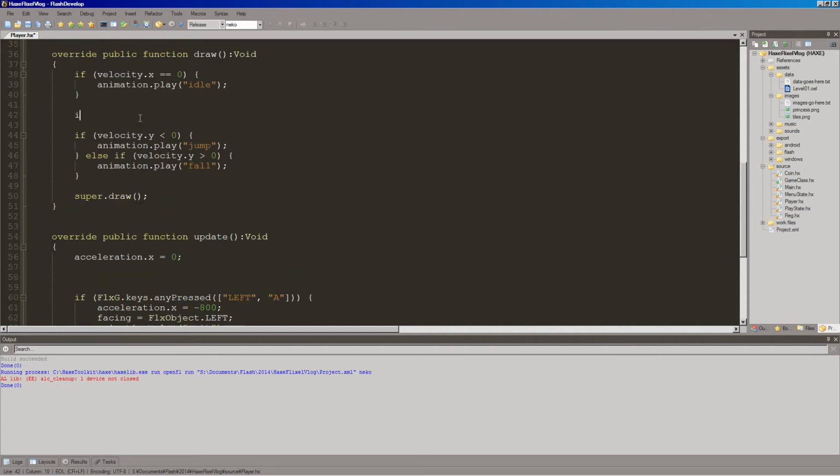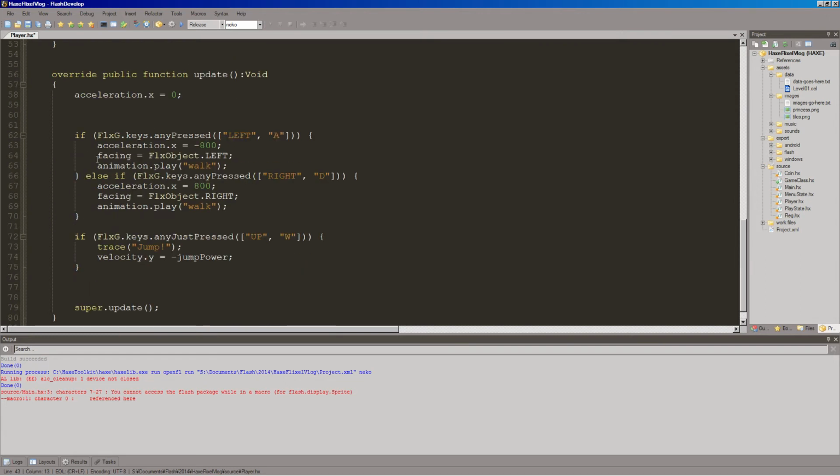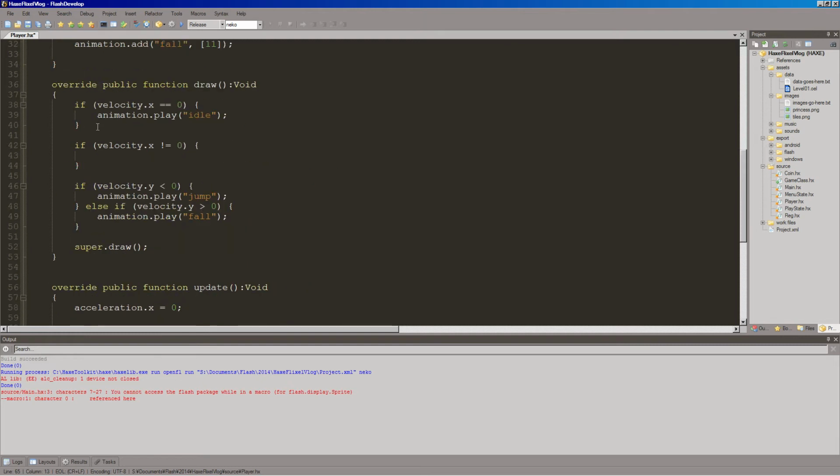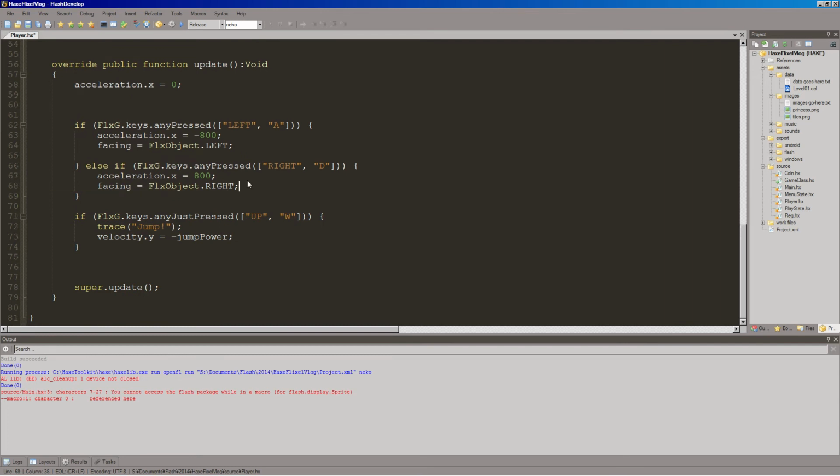If velocity x is, let's say, not equal to 0, so it's moving left or right, we'll switch depending on the facing, but that shouldn't really matter. We should just play the animation. So I'll put that here and remove that,